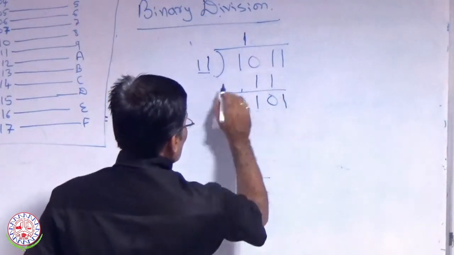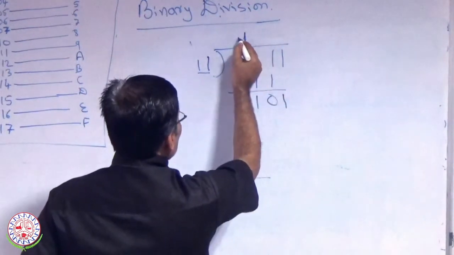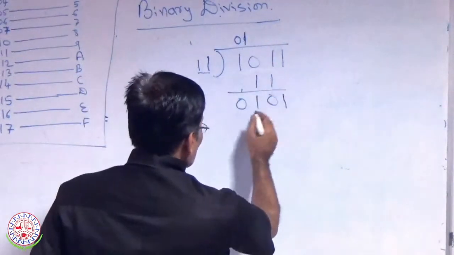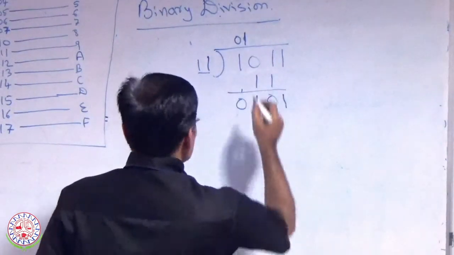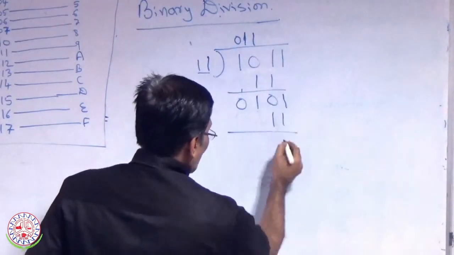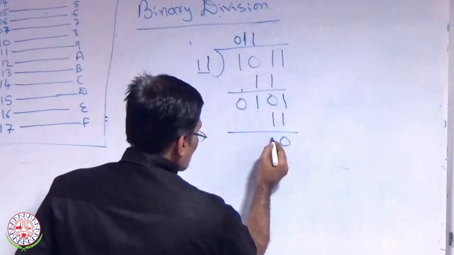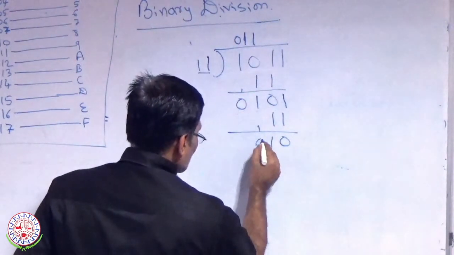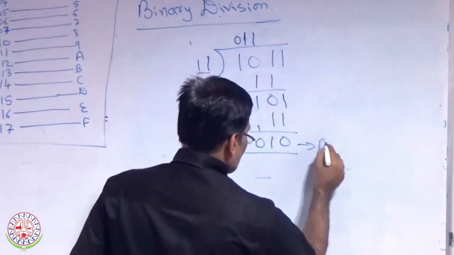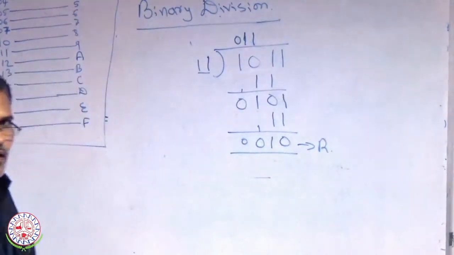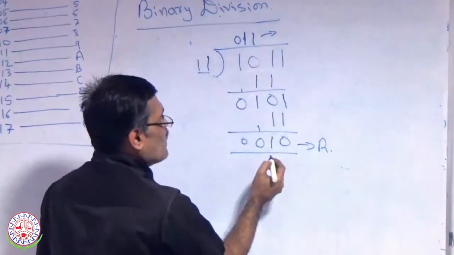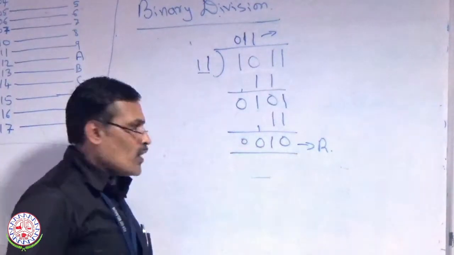Okay. So we have shifted here. Before that I need to add 1 0 here, right? So this is 1, 1, not 1. Okay, so again it is 1 only. So 1 1, and 1 minus 1 is 0. So this is 1, borrow, this is 0, 0, 0. So this is our remainder. This is how the problem is solved. So the answer is 0 1 1 with the remainder 1 0.